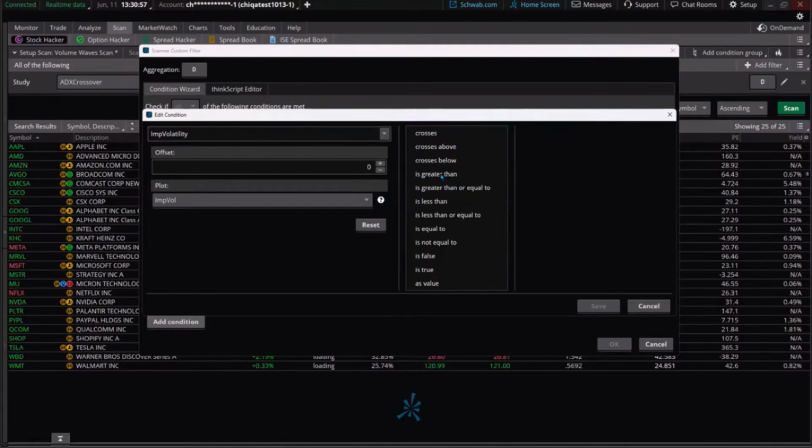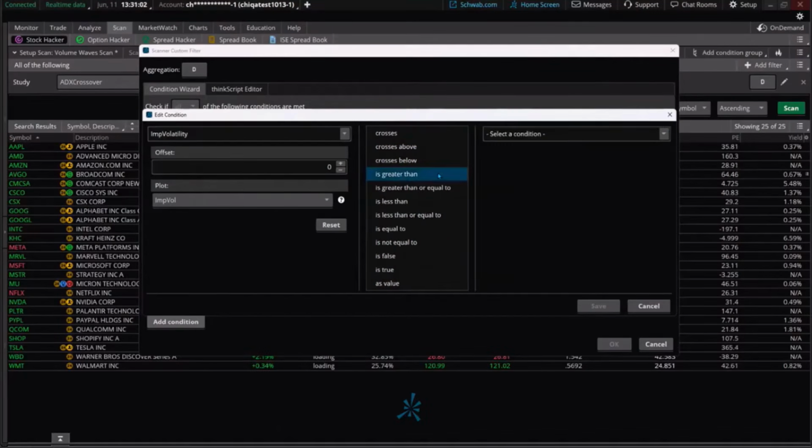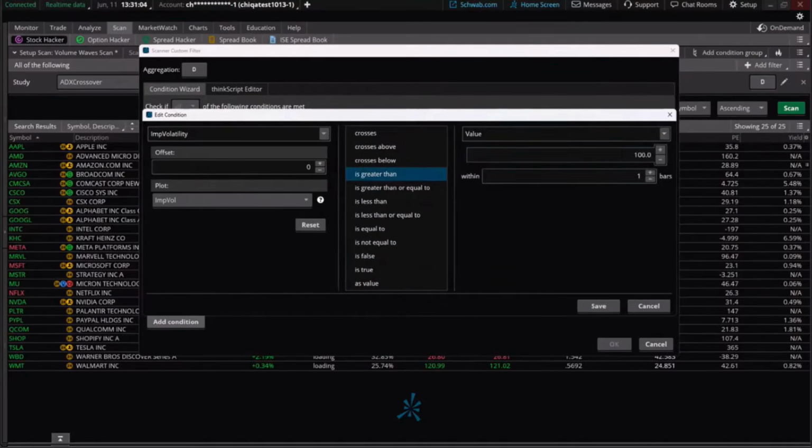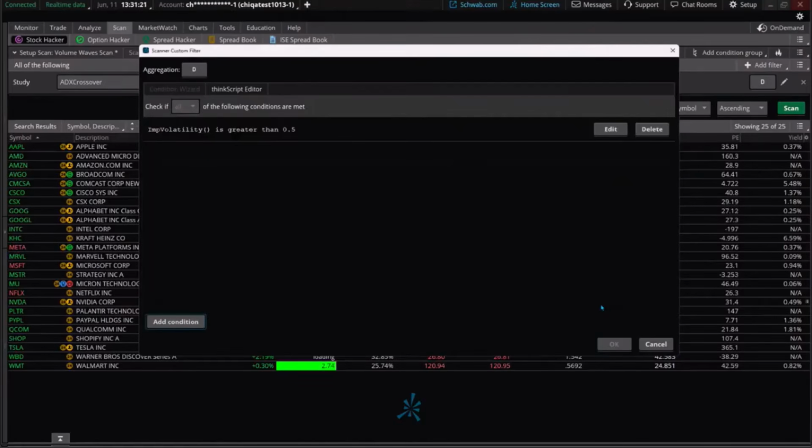We can look at that, but I wanted to highlight this over here for you and just show you something interesting. If I just said it's currently greater than a value, and remember, implied volatility are in decimals, so you have to go 0.5. So it's greater than that right now. So first things first, let's just try to get an option that is kind of expensive because we can sell that, all else equal, and capture that premium. Click on save. That's so easy to do, right?